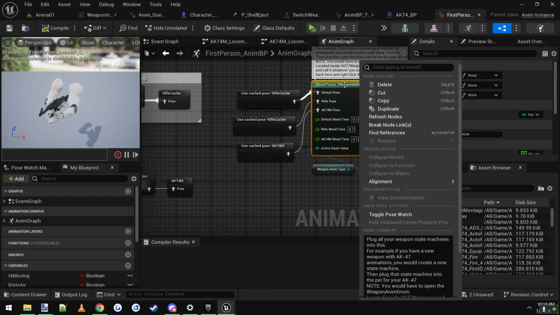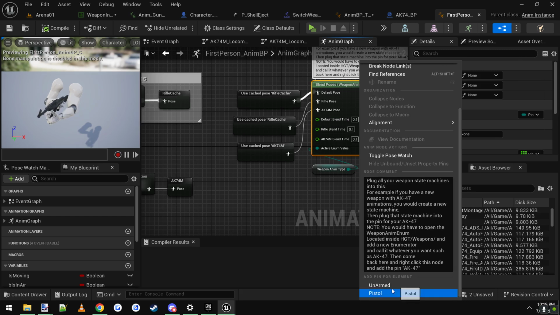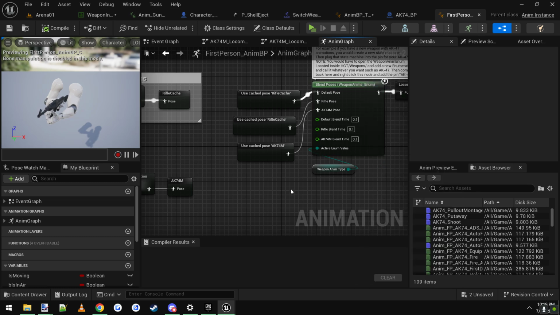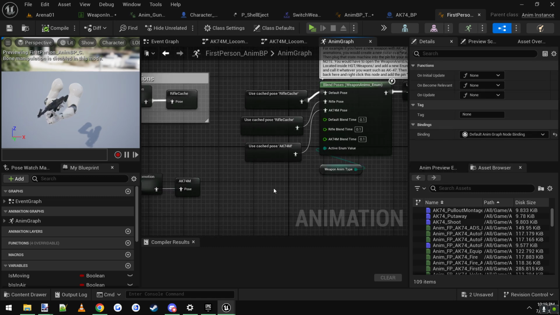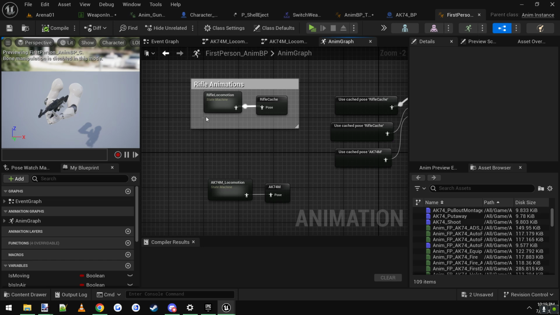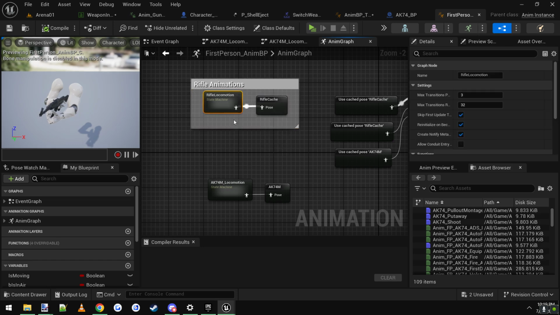You can right click on this blend poses, and you can scroll down to the bottom, and you can click right here where it says add pin for element, and you would click on AK74M. I've already clicked it, so it didn't show up because it's already right here. So then you'll have this pin here, and you gotta have something to plug into it. So what I did is I just took the rifle animation here, and you could just copy and paste it,